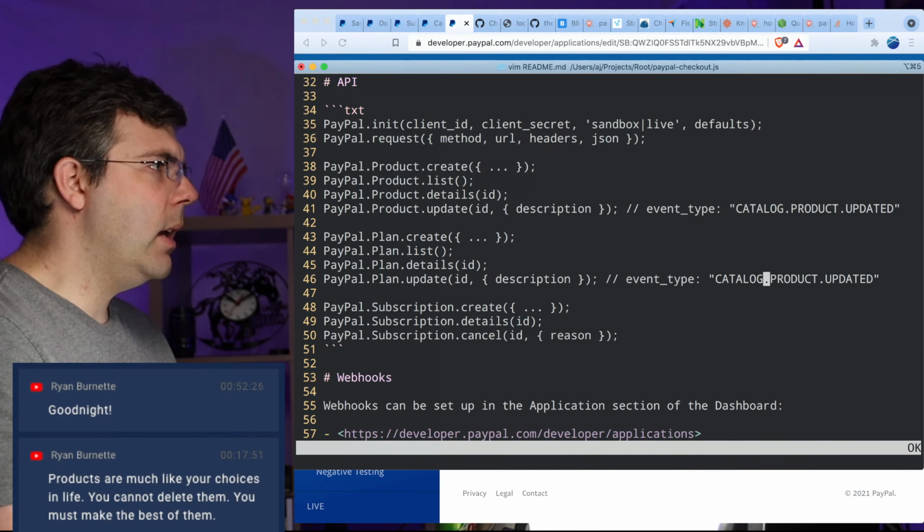So this is event type billing plan updated.